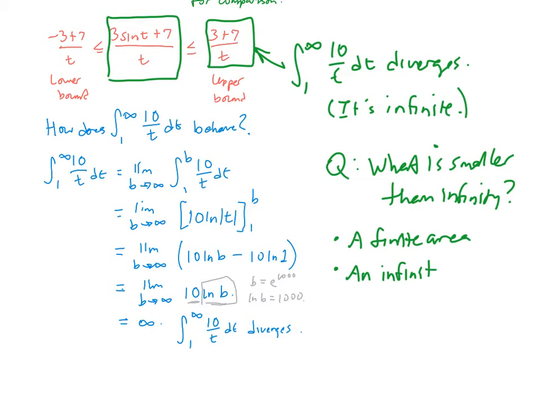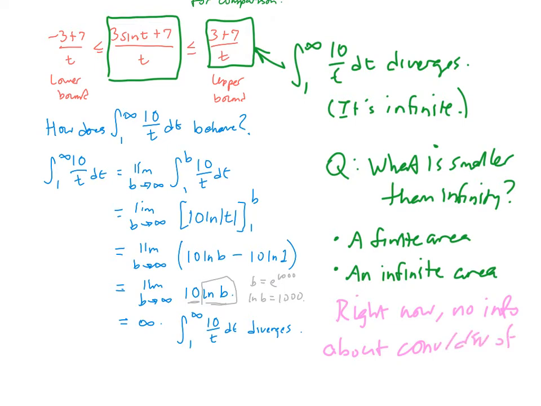That would be smaller, but an infinite area could also be smaller. That is to say, an infinite area could fit perfectly within the area described by this integral here, the integral of 10 over t. So my point is, knowing that the integral of this is smaller than something that's infinite doesn't tell us a thing. It doesn't tell us whether this integral will converge or diverge. So I just want to record that. Right now we have no information. We have no info about convergence or divergence